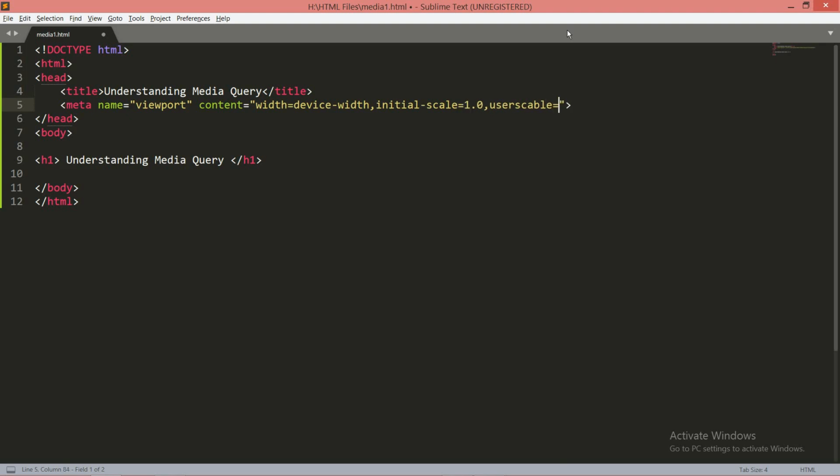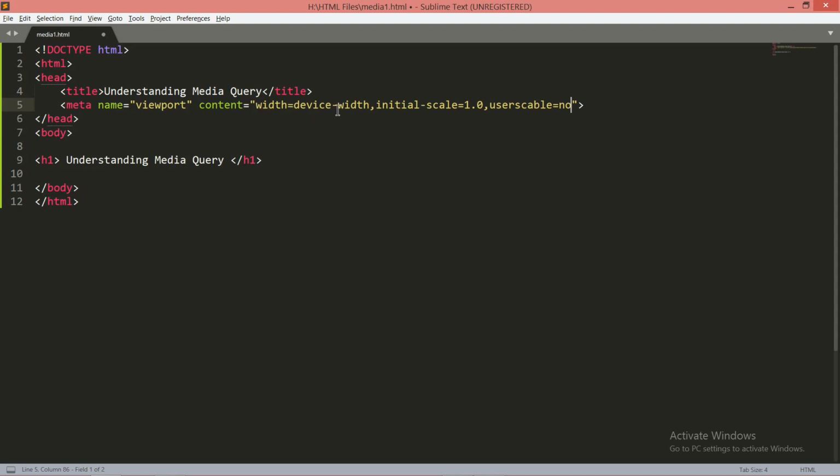These are the properties which you have to give while making your media queries and your responsive web pages. Before closing the head tag, use meta name equal to viewport, content equal to width equals device-width.